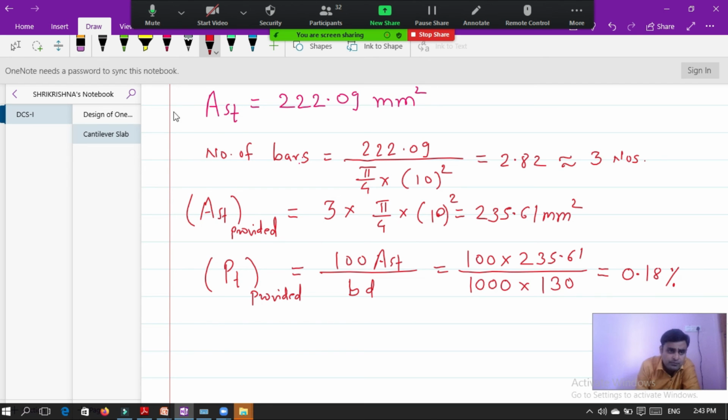So here first of all we will calculate the spacing of this steel. I will write here spacing of bars.